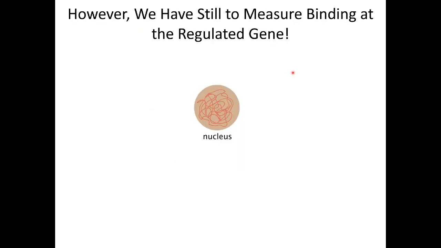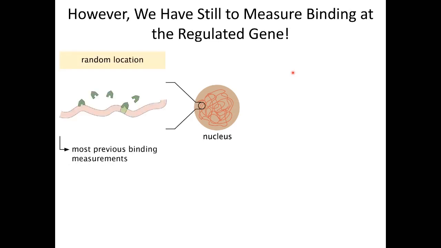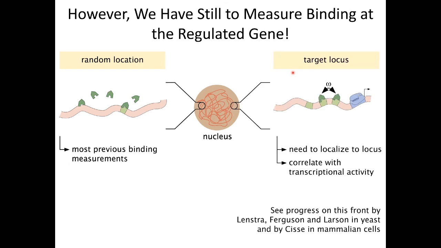And I'm happy to talk more about the theory in the questions, but there's one complaint that you could raise from the type of testing of the theoretical model we did with lattice light sheet microscopy, which is that when we measure binding, we're measuring binding at a random place in the genome. It could be bound non-specifically, specifically. We don't know what it's doing. But the prediction of our model really has to do with what's happening at the promoter, where you can have multiple binding sites, where you can have cooperativity, and where you could also see what's happening with the rate of transcription at the same time.